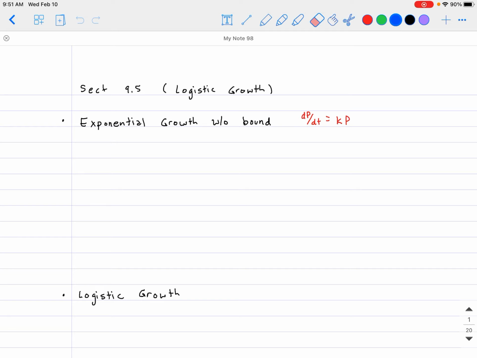Today in calculus, we will talk about logistic growth, and that is going to be a continuation from the separable variable that we did in the last section. So, in terms of what this is and what the application is, it's basically tying up with the idea